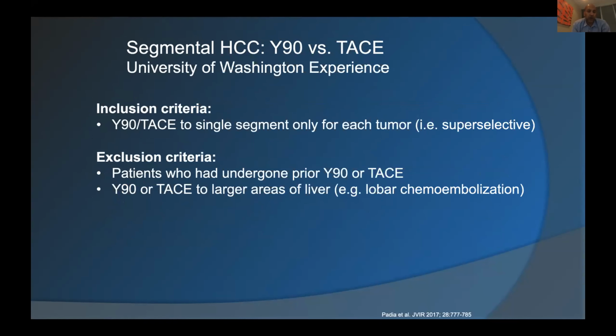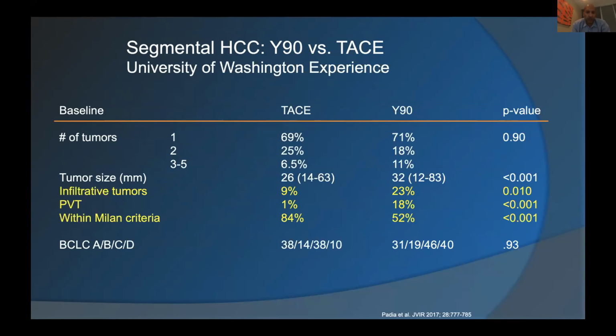Again, this was segmentectomy or a selective chemoembolization, not lobar treatment. And when you look at the tumor characteristics, most of them had one tumor, but a lot of them had two or even three or four tumors. And so for the patients with four tumors, we were doing 4 radiation segmentectomies or 4 selective chemoembolizations. You'll notice that the median size is not that big, right? 26 millimeters, 32 millimeters, 3.2 centimeters, but the range was quite large. So we were treating up to 6 or 8 centimeters. So way beyond what is considered appropriate nowadays for ablation.